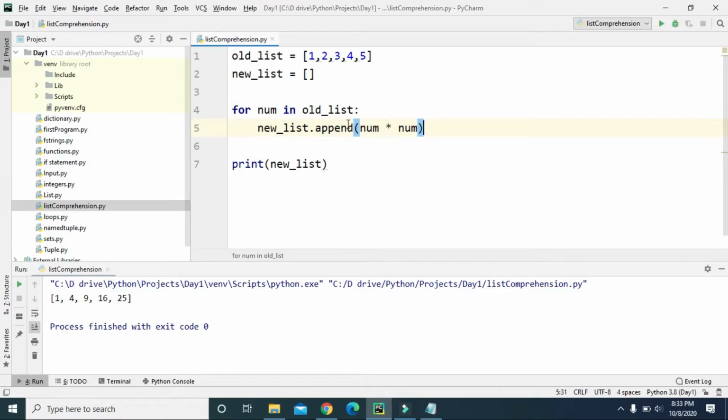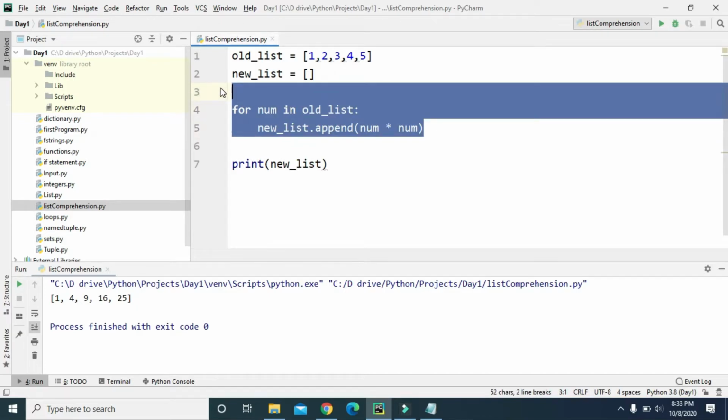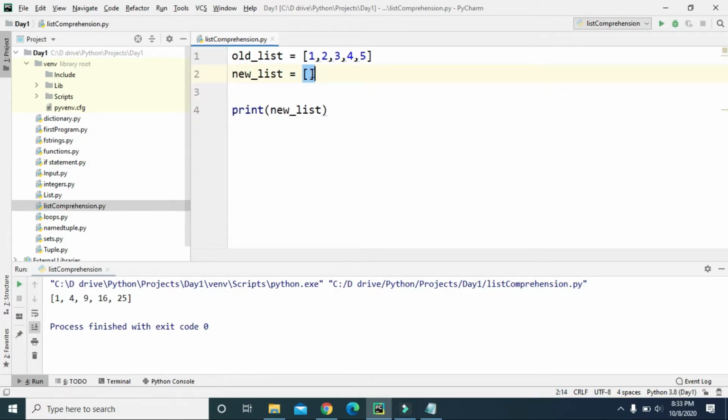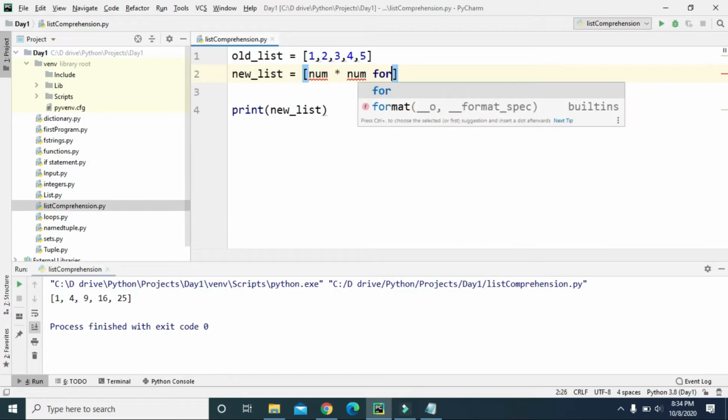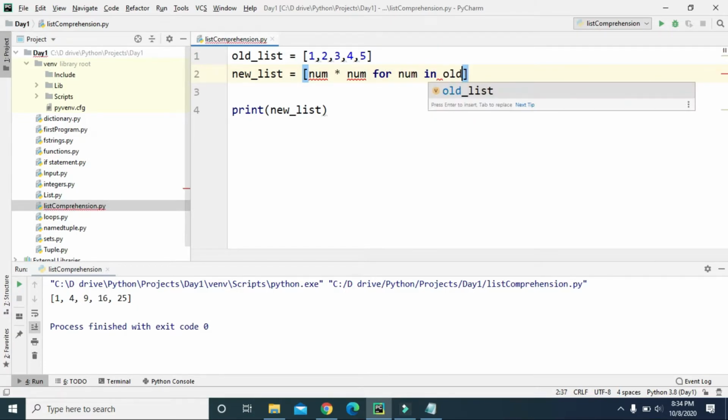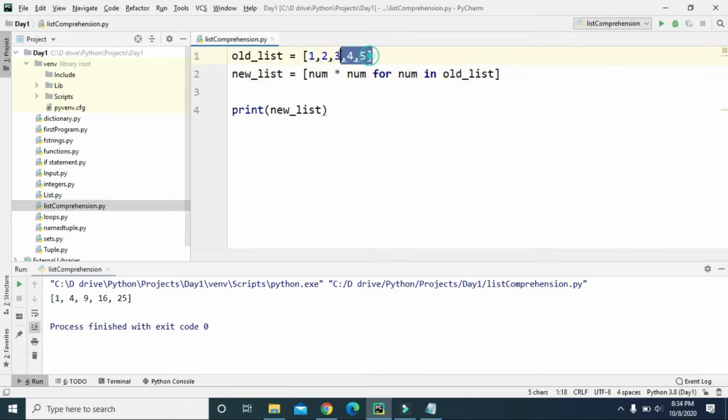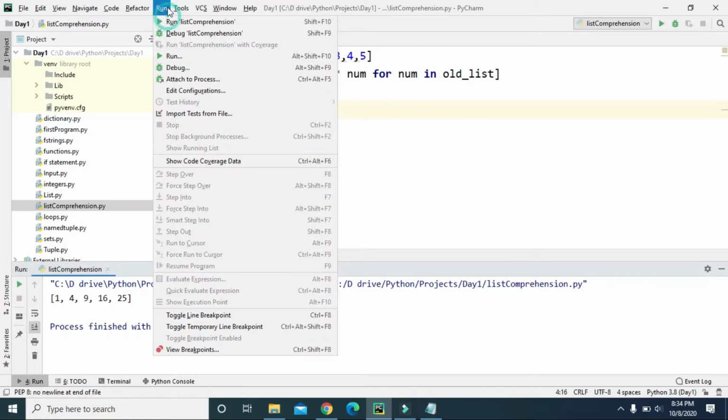So we can just get rid of this for loop here, and inside the square brackets we can say num into num, then for num in old list. So this one line will create the new list, and it will store all the square values of the old list. And if you try to print the new list again,